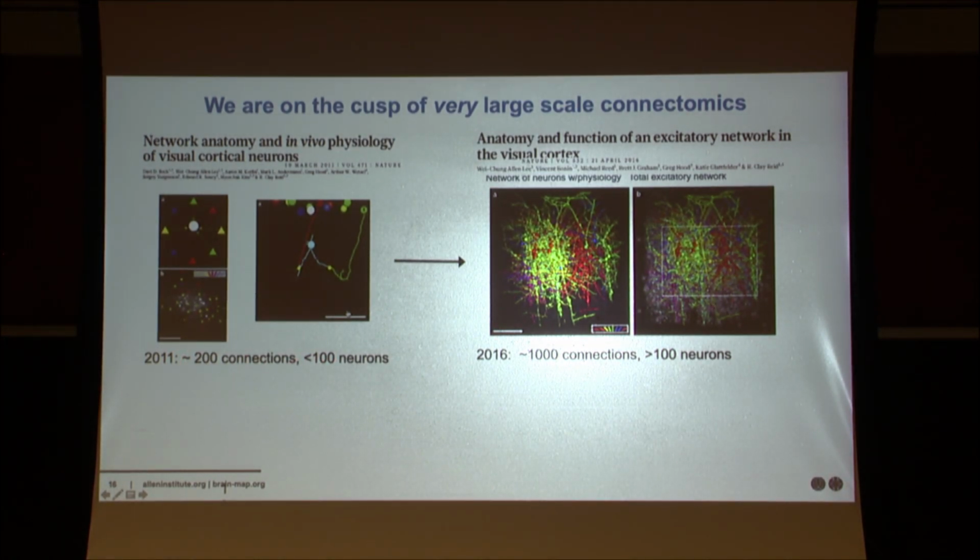5 years later, a slightly larger data set, a fair amount more physiological imaging, and a lot more student time tracing things in 3 dimensions, around 1,000 connections amongst 100 plus neurons. And that was sort of the state of the art. There were multiple papers by this time, and everyone was working in the small number of thousands of connections only 3 years ago.